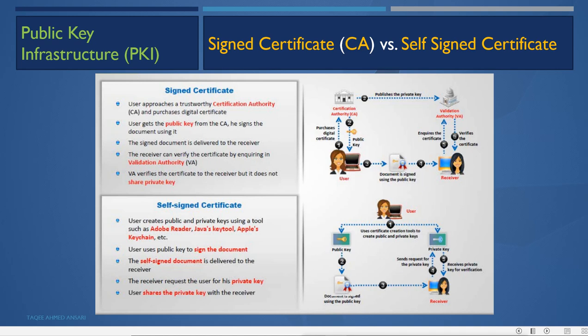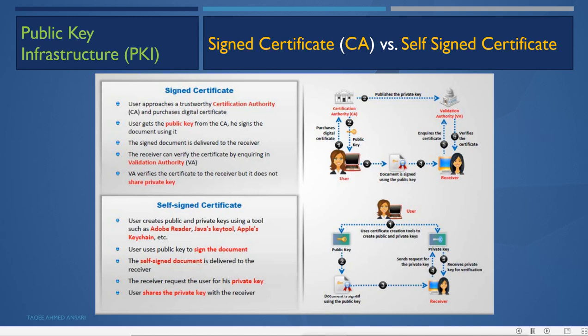The receiver requests the private key and the user shares it. Now the keys are shared between the sender and the receiver, and they are not validating with third parties, the certification authorities. So here it is not secure,